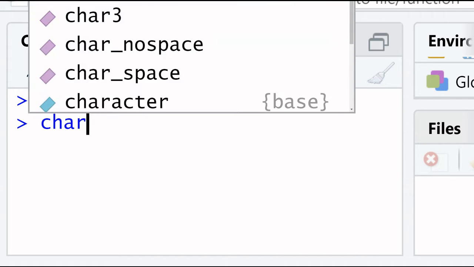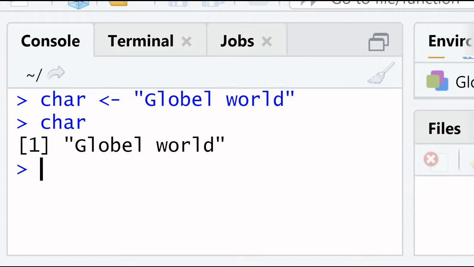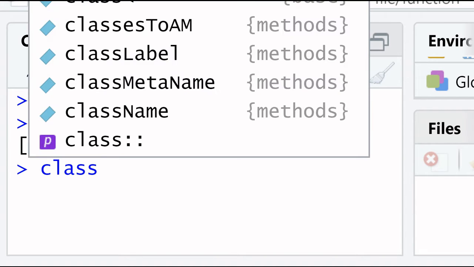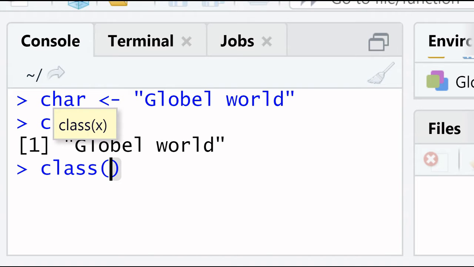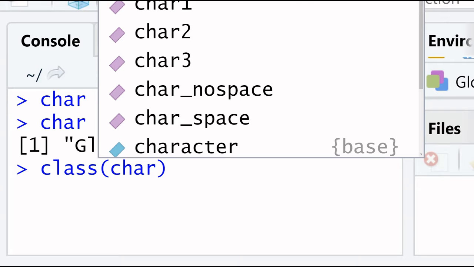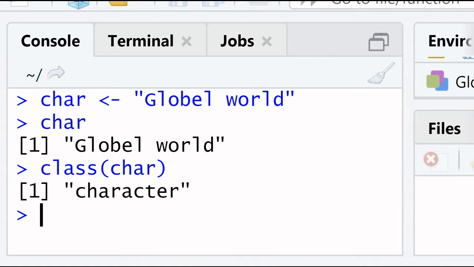To retrieve the data, write the variable name and press enter. Here is the data stored in R. Now I check its class. Class is a function used to check data type. Write the variable name that we assigned. This is character. So we write text in inverted commas and it shows as character.